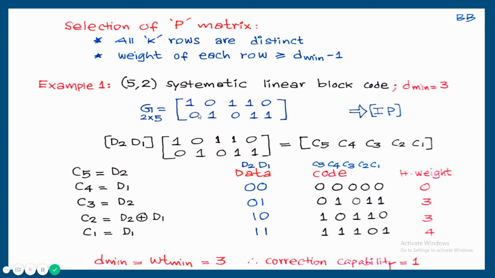So here I am placing the identity matrix first. The dimension of the identity matrix should be 2 by 2, so 1, 0, 0, 1. The identity matrix is over. The next requirement is there is no repetition here. And d minimum equal to 3 means at least 2 ones are needed here. So I just took two combinations, 1, 1, 0 and 0, 1, 1.